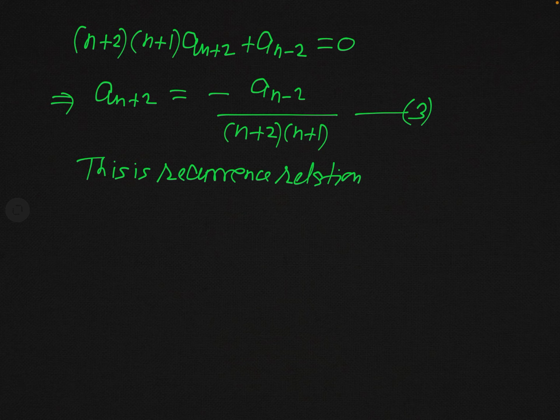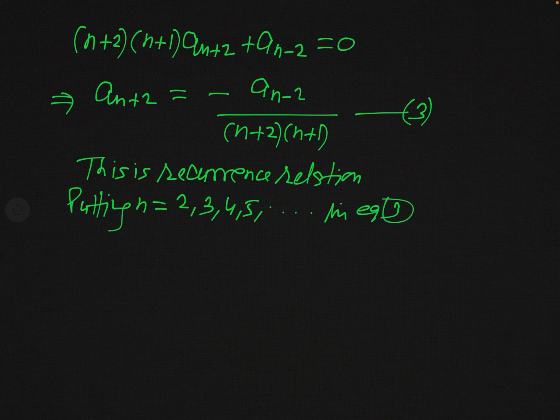So here we will substitute n equal to 2, 3, 4, 5 and so on in equation 3. In this equation we will substitute these values, and after that we will get